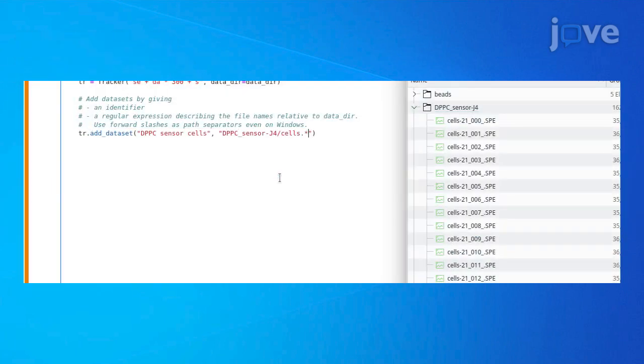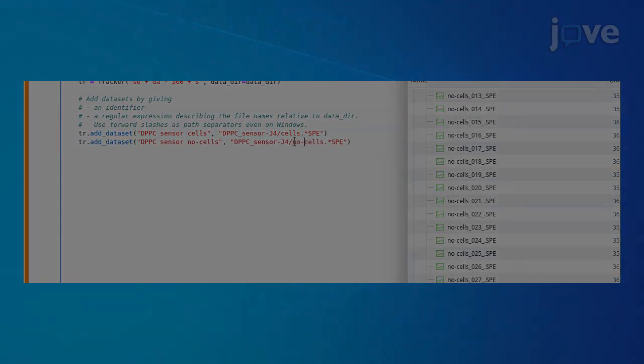Simultaneously analyze the datasets recorded using the same illumination settings. To this end, assign